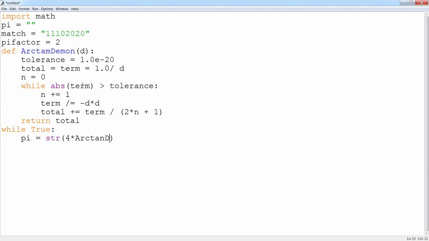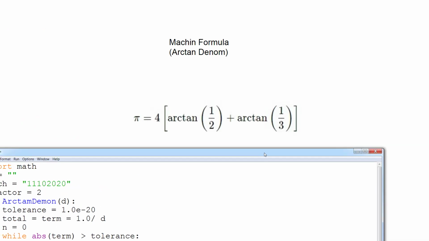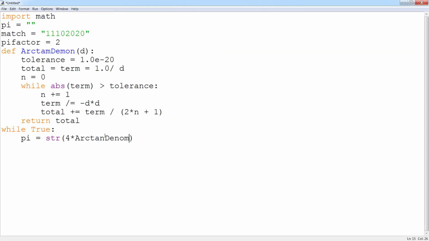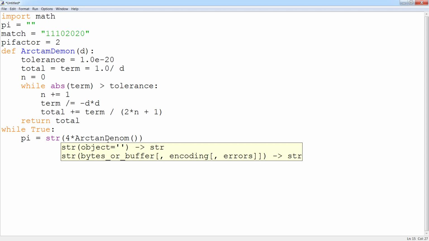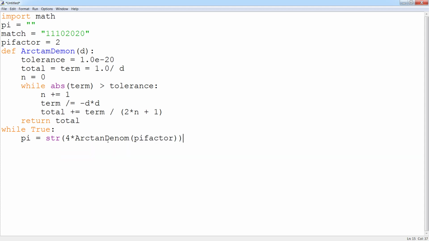So now we're going to use the function. We're going to have to do 4 because in the formula it has a 4. And then we're going to use that pi factor. It must be at least 2, or else the calculations will fail and you'll just be stuck. And if a pi factor